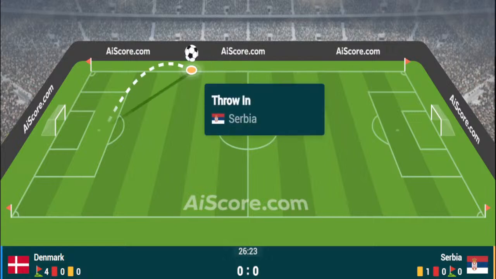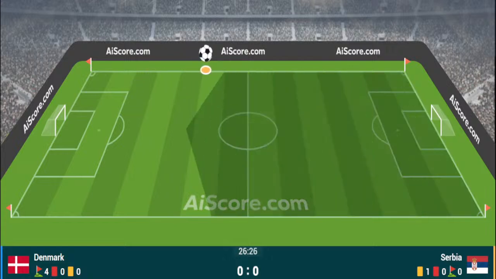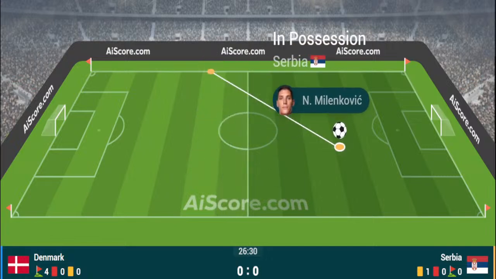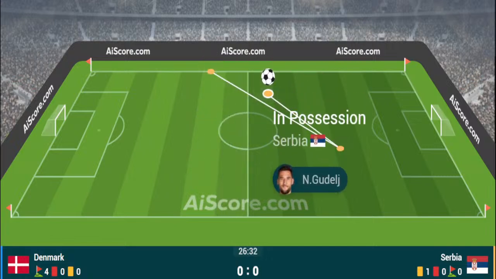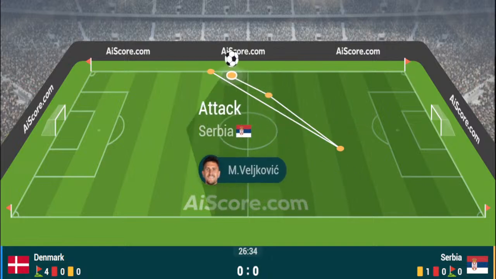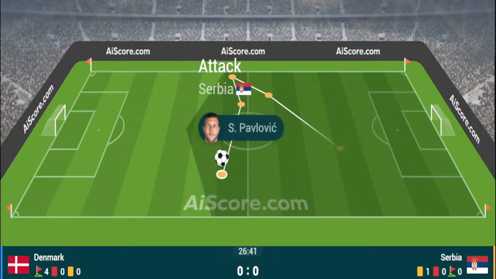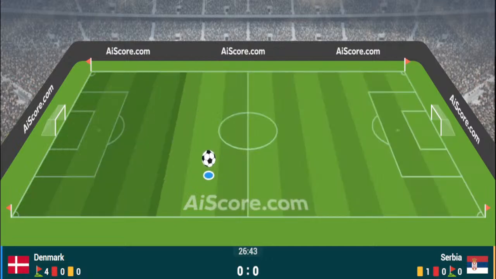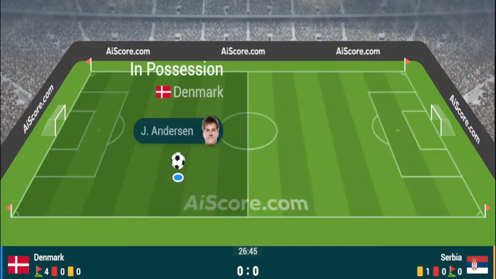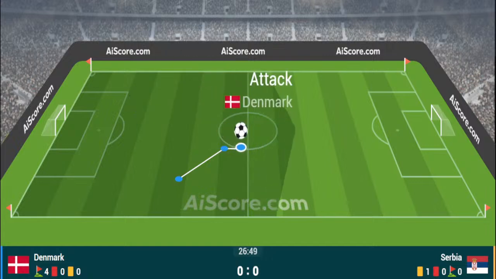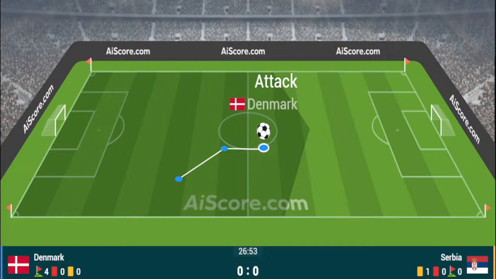Hasn't quite happened for Denmark so far in the game, and you feel as though Christian Eriksen in the last 5 minutes or so has really started to manage to make things happen, and he's so dangerous in these kind of situations. So here are Serbia on the left-hand side. I haven't seen anything really of Serbia in an attacking sense in the game so far, and I think one of the big concerns will be just how isolated Alexander Mitrovic has been. Denmark trying to win the ball back high up the pitch, and it remains Denmark 0, Serbia 0.